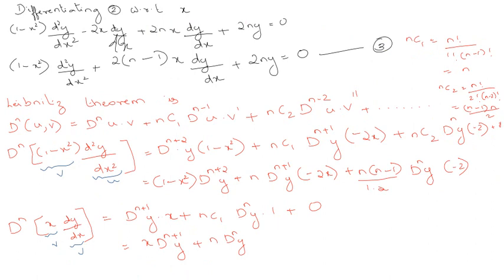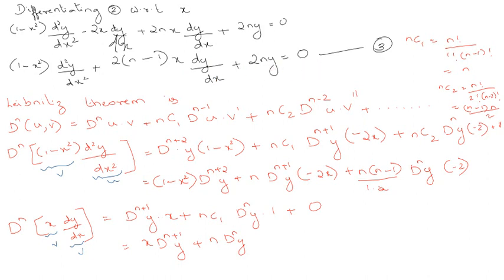Okay, now from these two terms we can take 2x dy by dx common, that is written in the next step, that is (1 minus x square) d square y by dx square plus 2. So this term will be coming first, (n minus 1). From this term only 1 remains here, so minus 1 into x dy by dx plus 2ny is equal to 0.